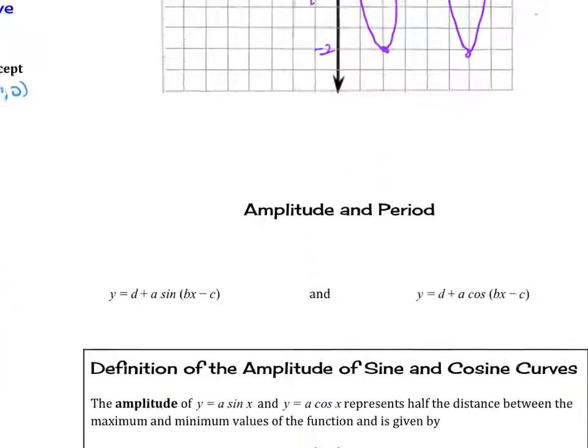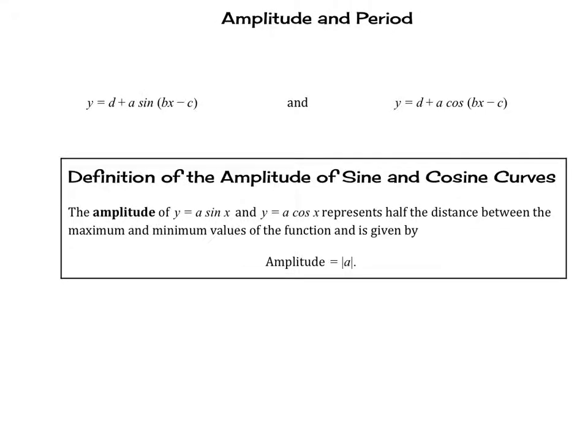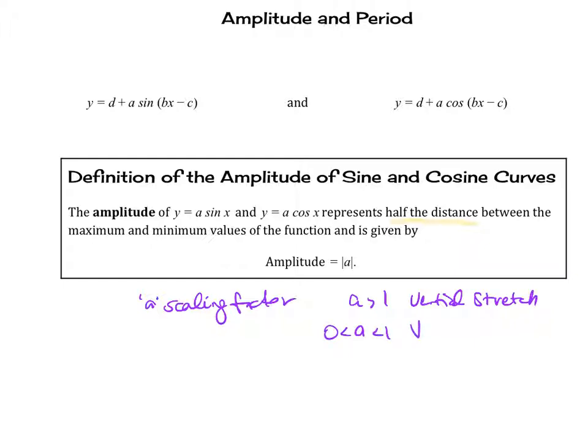So just to finish it out, amplitude and period. The definition of the amplitude of sine and cosine curves: the amplitude of y equals a sine of x and y equals a cosine of x represents half the distance between the maximum and minimum values of the function and is given by the absolute value of a. So it also talks about that a is what's called a scaling factor. And so we know that when a is greater than 1, it's a vertical stretch. And then when a is between 0 and 1, that is a vertical